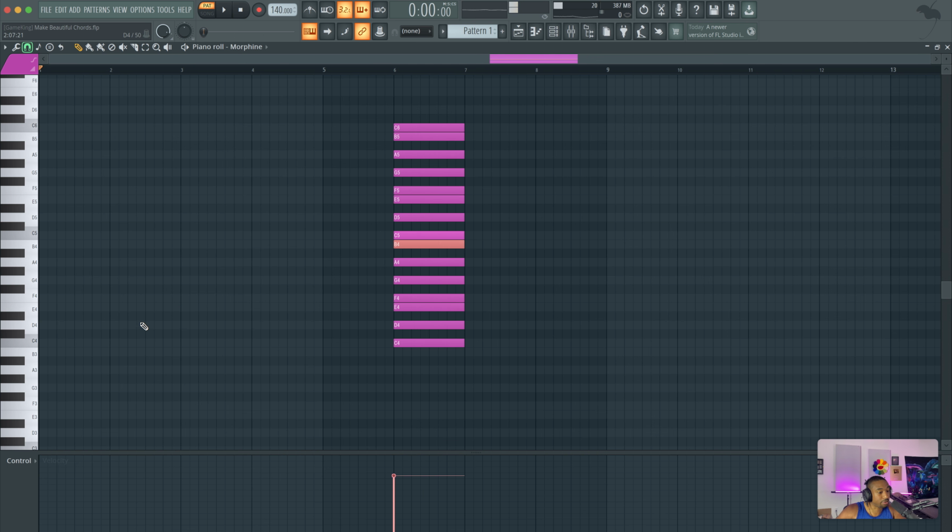Now, what happens if we build a 2-5-1 chord progression? 2-5-1 means we want these notes to play. Let me turn the metronome on. Let's go to like 120 BPM. Okay, so I want to play the note D, which is the 2nd scale degree. Then I want to go up to what's called the 5th scale degree, which is G, and then back to the 1st scale degree, which is called C.